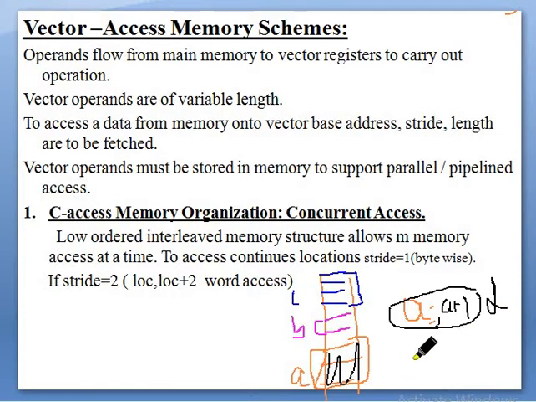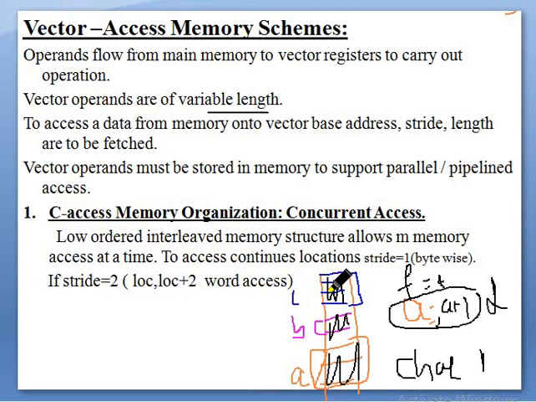Now what do you mean by character? Character means it's only one location, that means 1 byte. What do you mean by float? It will take 4 locations, 4 bytes. So since each data type has a different or variable length, we should be very careful how many locations we have to fetch and in which direction we have to fetch.